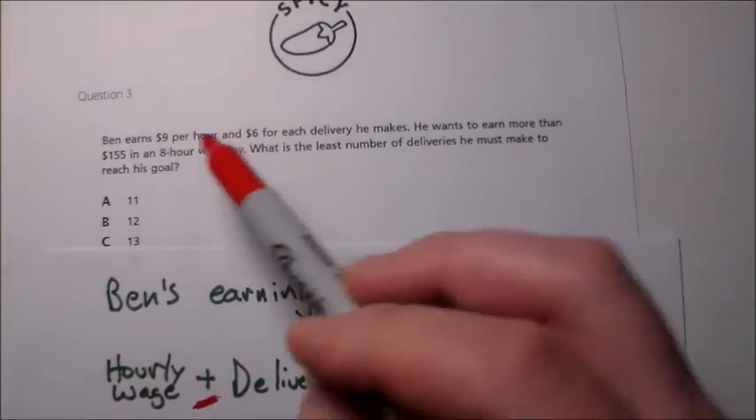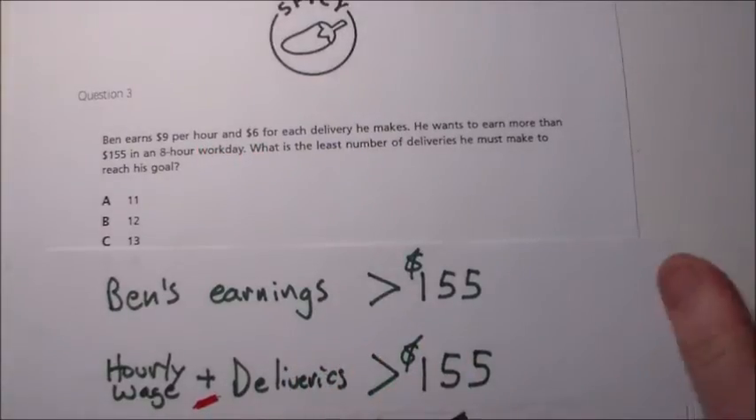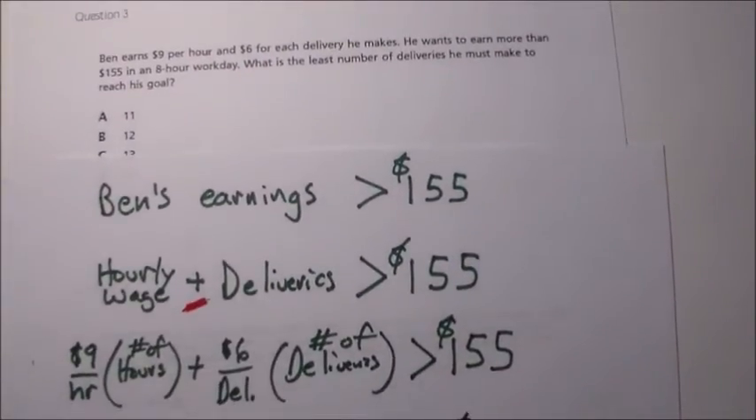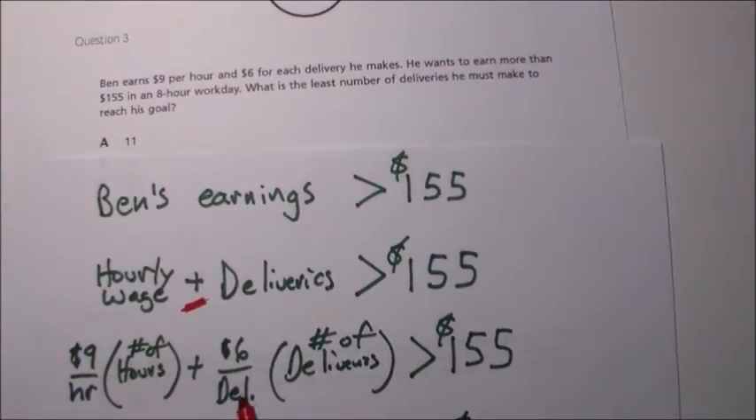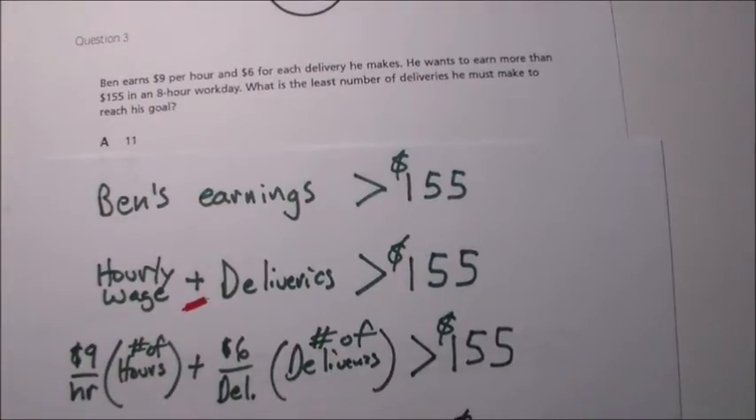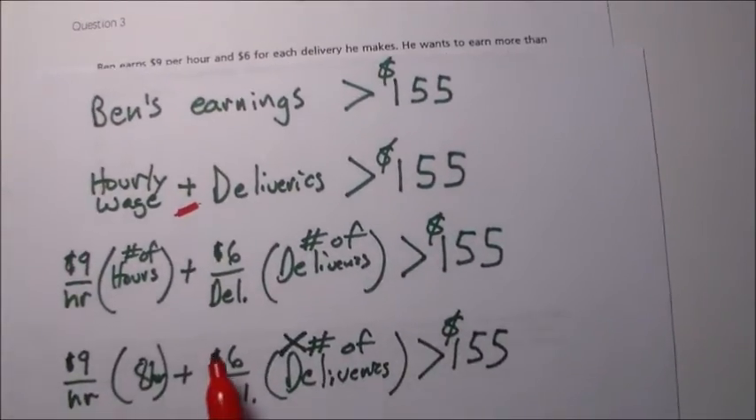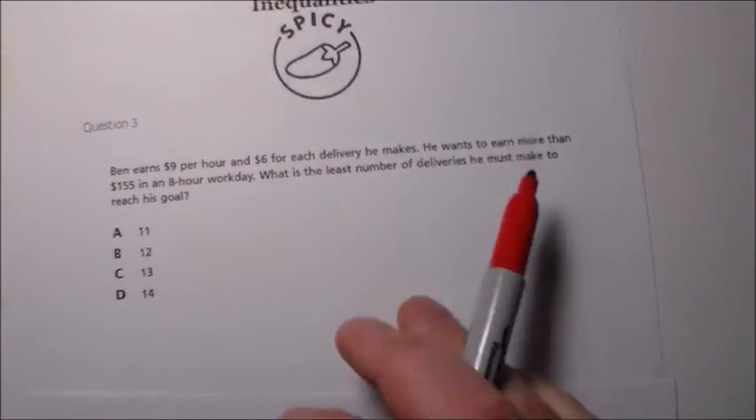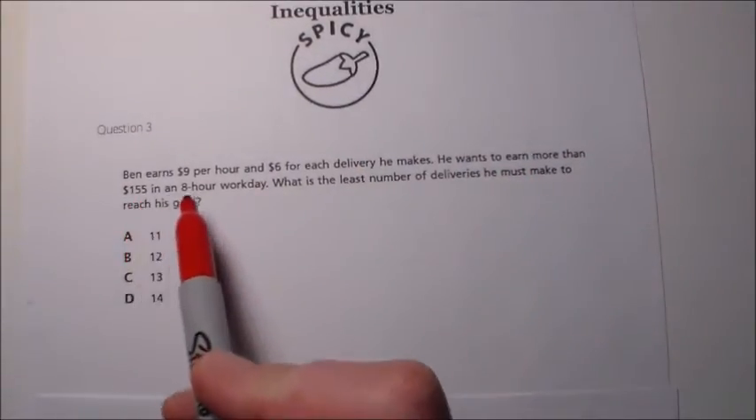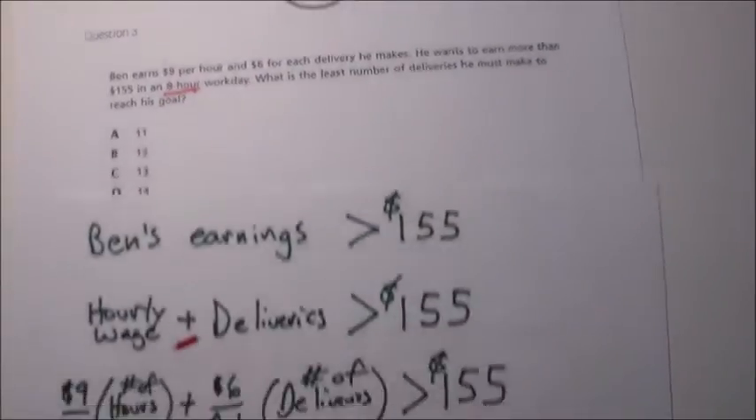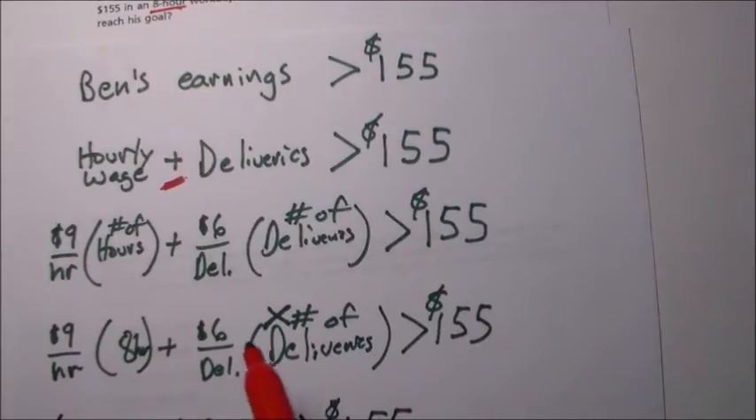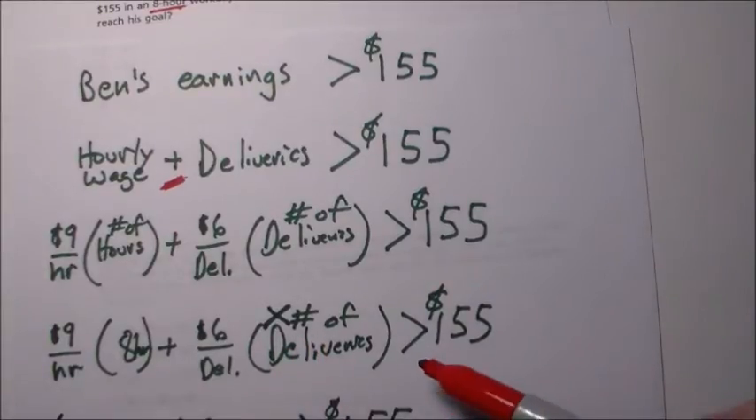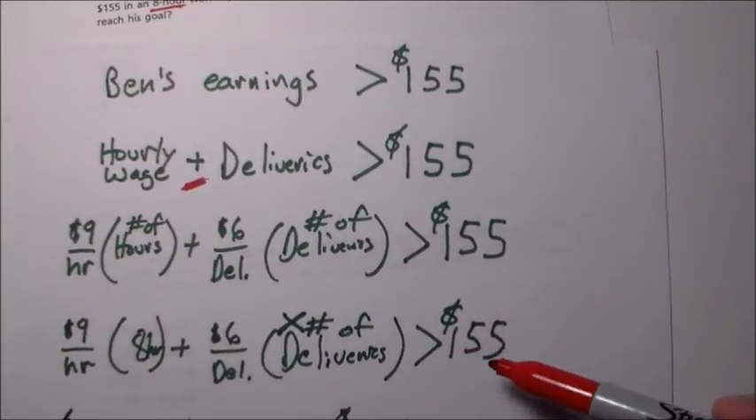He earns $9 per hour plus $6 for each delivery. So he earns $9 per hour times the number of hours, plus $6 per delivery times the number of deliveries. And how many hours does he work? He works an 8-hour workday, right? Because it says he wants to earn more than $155 in an 8-hour workday. So we have $9 per hour in an 8-hour workday plus $6 per delivery, and we need to find x